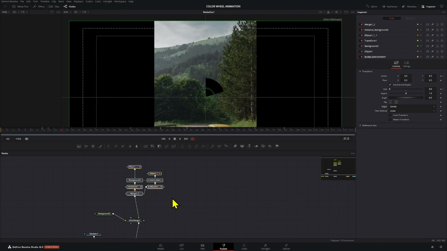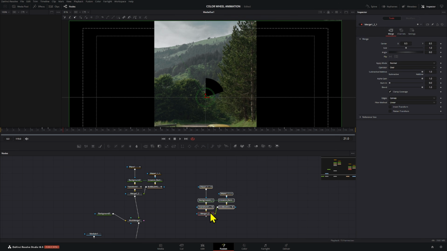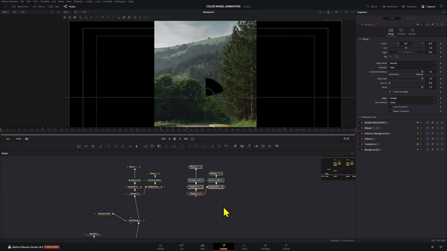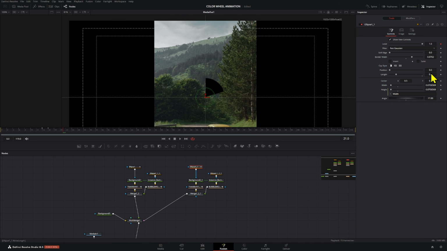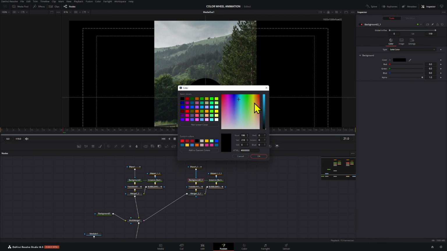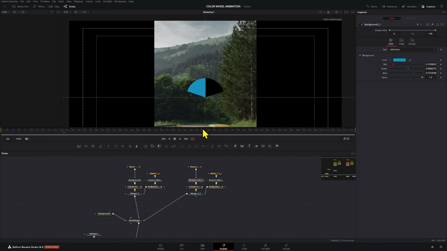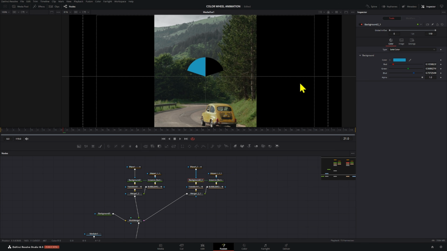After you have these, all you have to do is make a copy. We're going to connect these to our multi-merge node. Since we have 5, we're going to go here to the ellipse and then add 0.2 on the position. That's going to bring these to the left. And then we can change the color of this one to whichever color you want. Let's say blue. Actually, in your actual image, if you see the ending point, all you have to do is click the picker and then select whatever that second color is going to be.